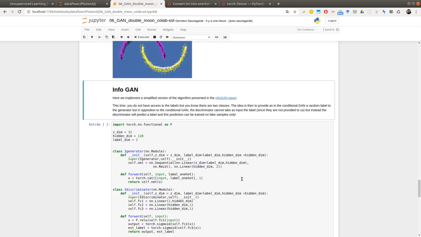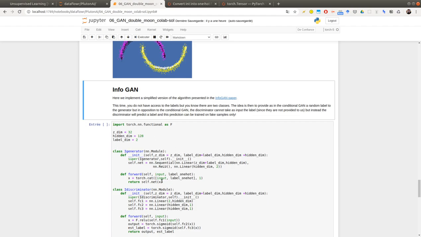So what we will do here is for the generator, we will use exactly the same structure as before. So take Gaussian vector plus a one hot encoding of a label, and we will generate a point in the 2D space.